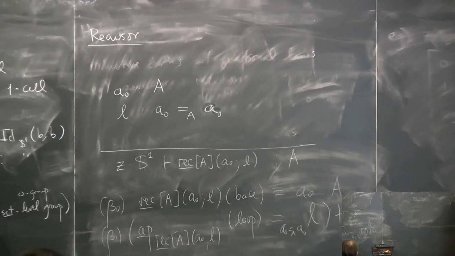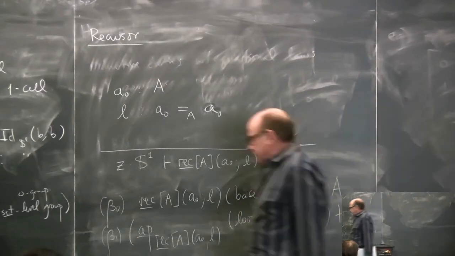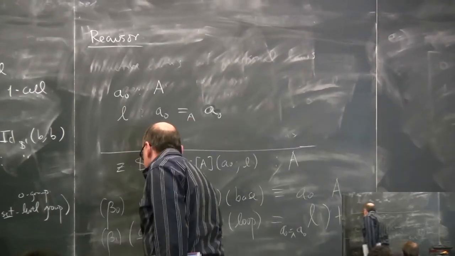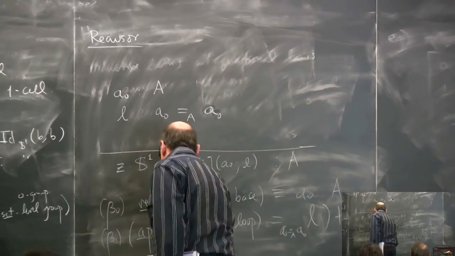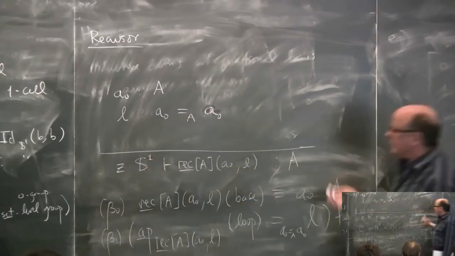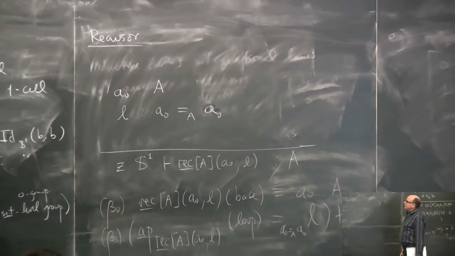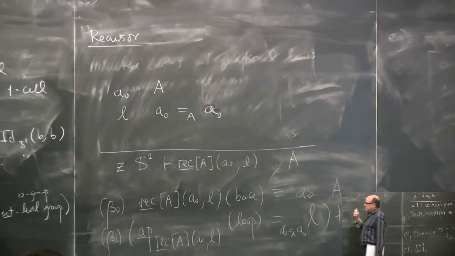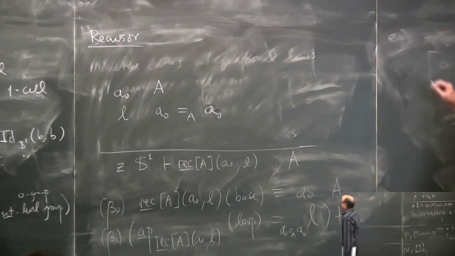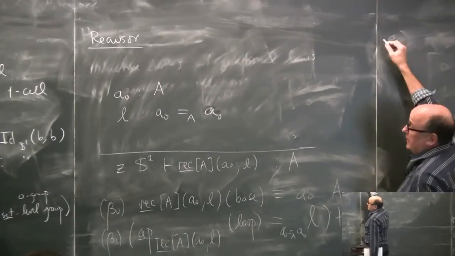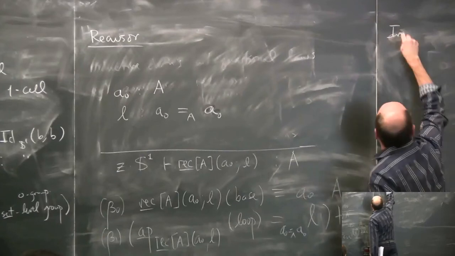Okay, so we have this. And in fact, you could have a unicity. So eta, which will be the unicity, and I won't write that out again. So if you have an R that behaves like this, then it is the recursor, and therefore, if you have two of them, they're equal to each other. So that's the uniqueness thing. And so that's the recursor. And then we can have the induction,